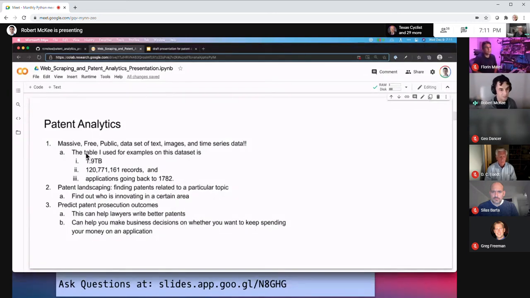One of the reasons that I've really enjoyed going through them is because they have a very formulaic and structured format that you have to follow. They have images, they have long form text, they have these strange claims that are written in a form that's designed to be confusing and not understood by anyone. But it's very important for businesses.